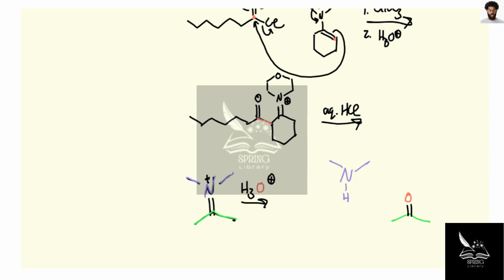Which means that if we color code this blue and color code this green, it becomes fairly clear what our product is going to look like. We're going to lose this upper portion of the molecule, including the nitrogen, and that will gain a hydrogen, and this double bond will go from being to a nitrogen to an oxygen instead, meaning our final product will look like